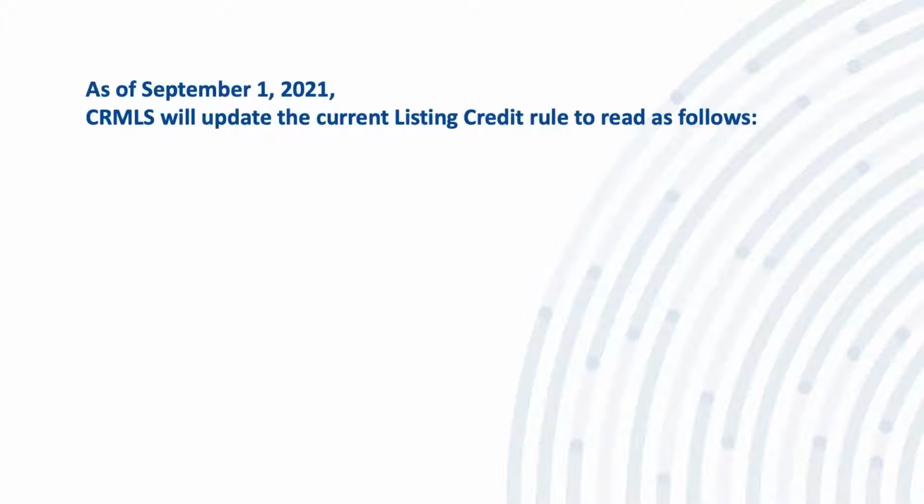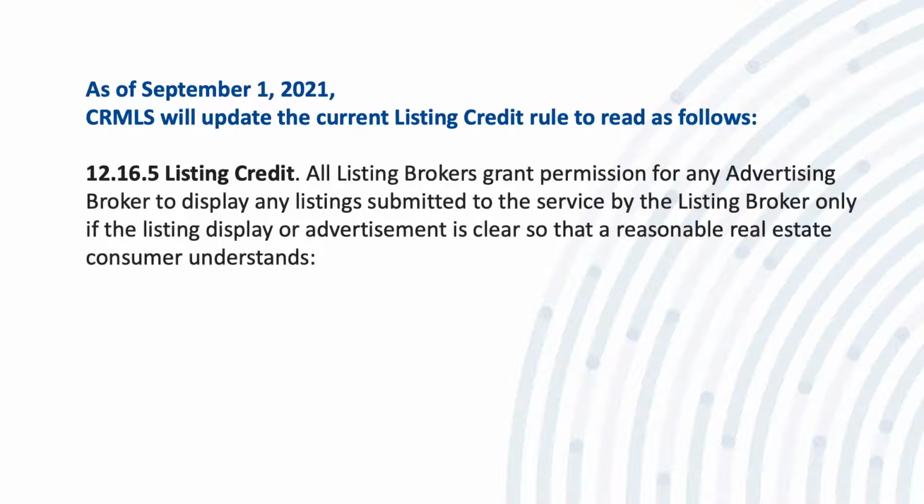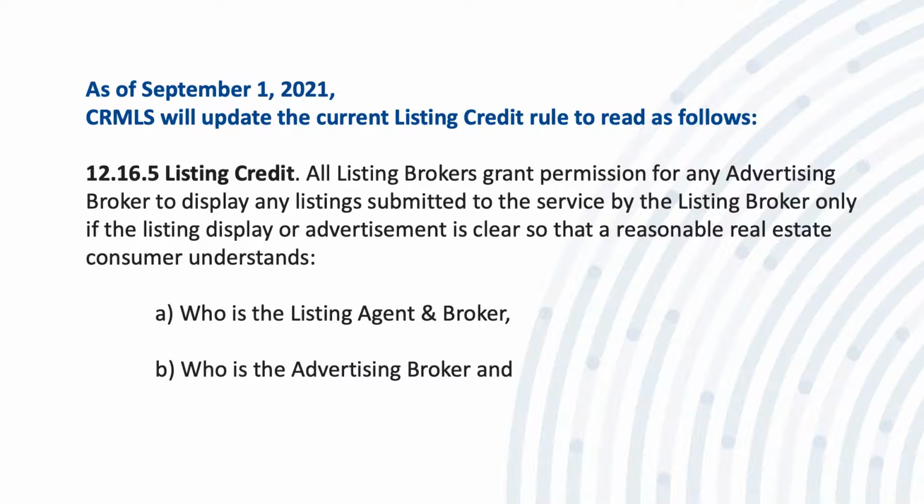As of September 1st, 2021, CRMLS will update the current listing credit rule 12.16.5. The updated rule will read as follows. Listing credit. All listing brokers grant permission for any advertising broker to display any listing submitted to the service by the listing broker, only if the listing display or advertisement is clear so that a reasonable real estate consumer understands A, who is the listing agent and broker, B, who is the advertising broker, and C, how to contact that